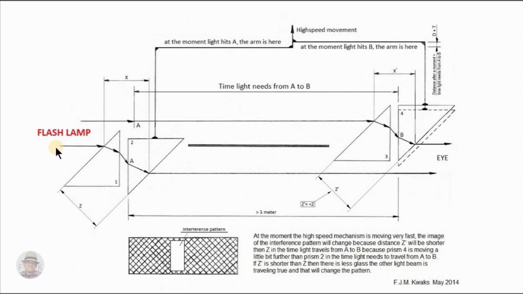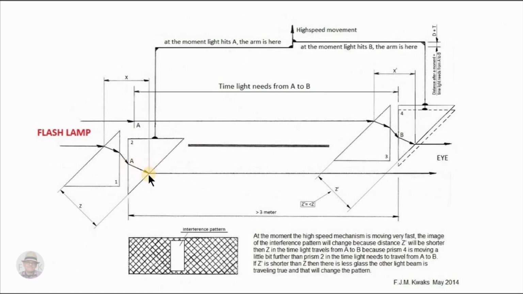The lamp then acts like a flash lamp through the shutter at 3000 flashes per minute. When this light beam reaches A, the other light beam reaches A as well. The light beam will then travel until it has reached B. Light needs time to travel from A to B. In the meantime, the prism with number 4, which was on this place before, has moved up during that time, a little bit. The result that prism 4 has moved upwards will be that this distance is shorter